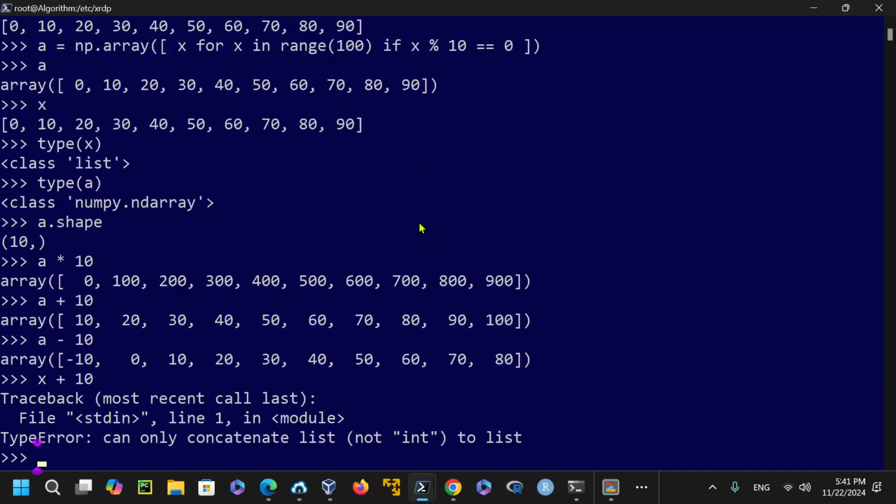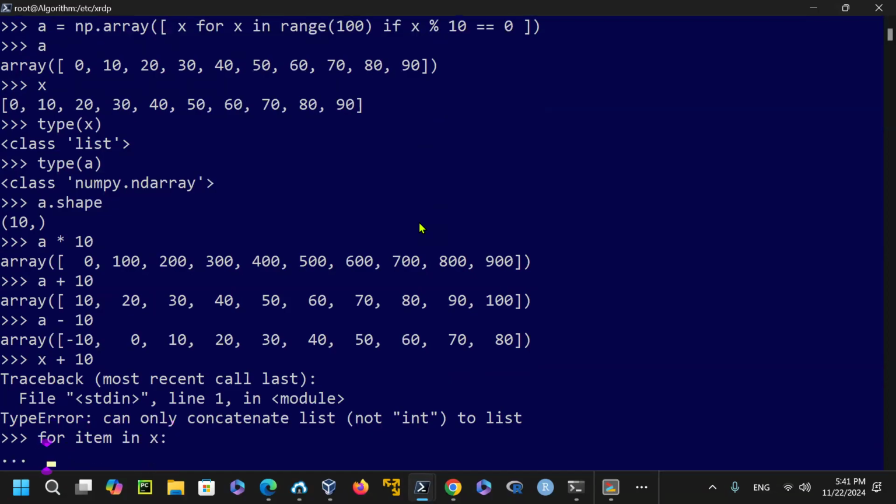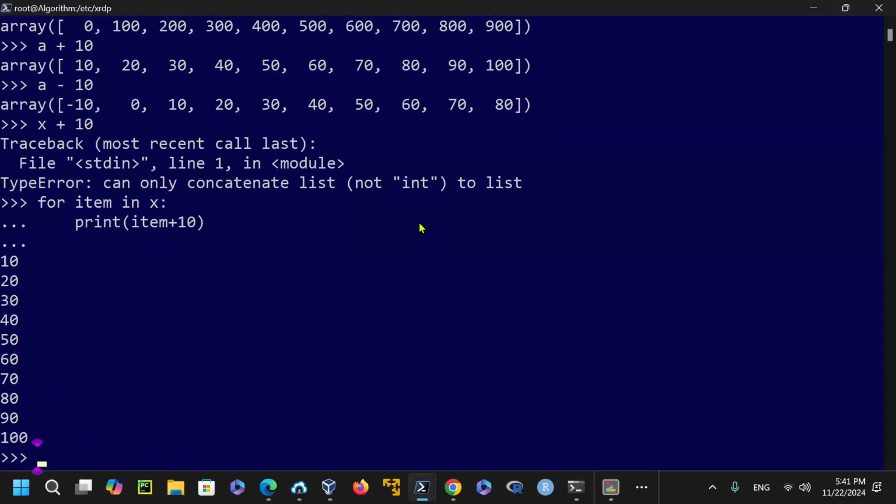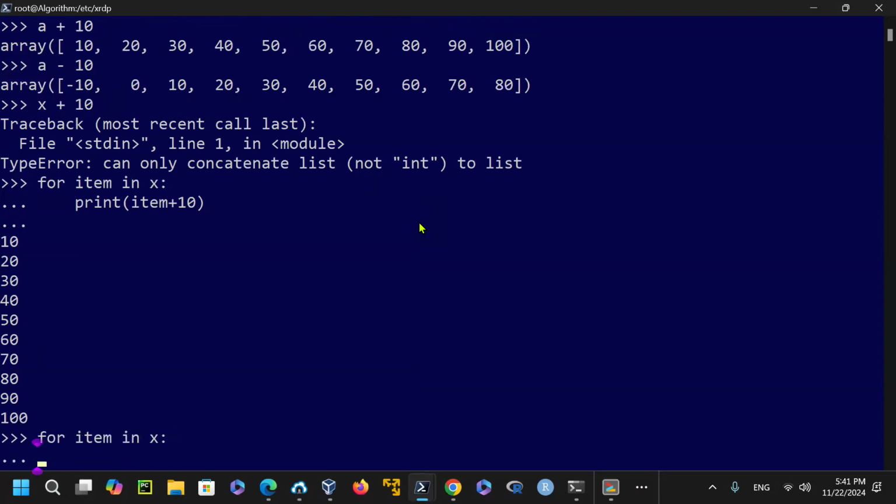In order for me to add up the numbers like that, I have to use a for statement, which is written inside numpy for you already. So I have to say for item in x, print item plus 10. That would add up each element, and it will show you that. Similarly, if you want to do multiplication, if you just do multiplication, it will do